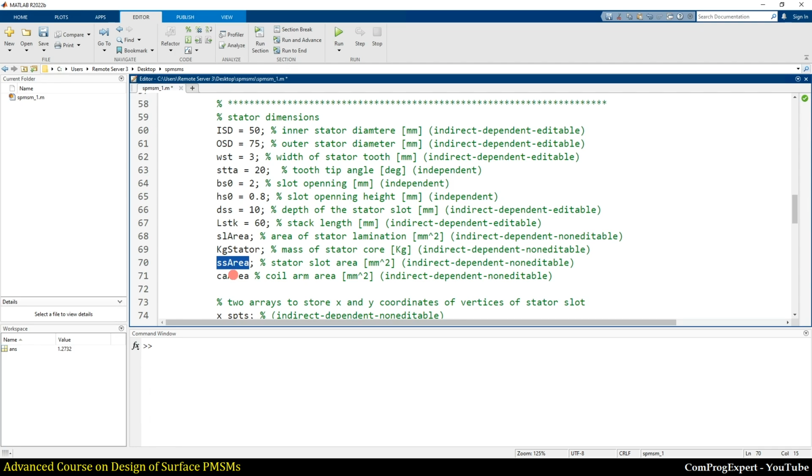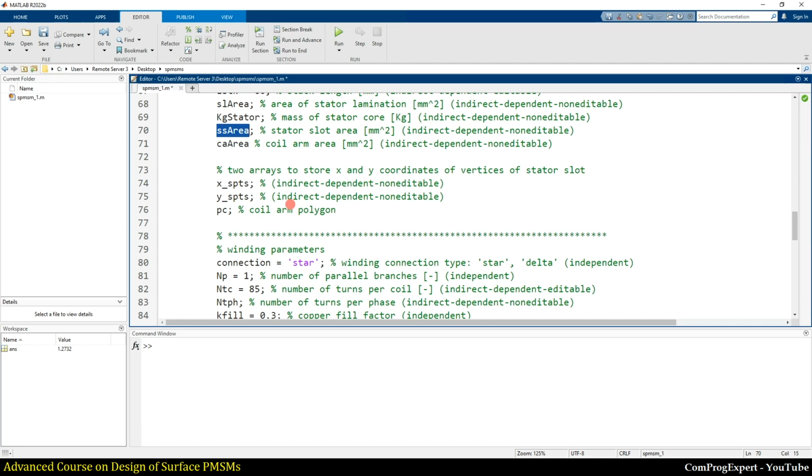Okay, we can consider a single layer winding or a double layer winding. Here we have two arrays to store the x and y coordinates of the vertices of the stator slot.